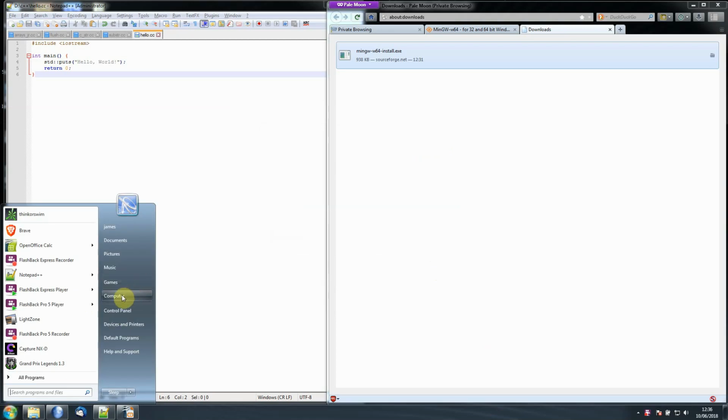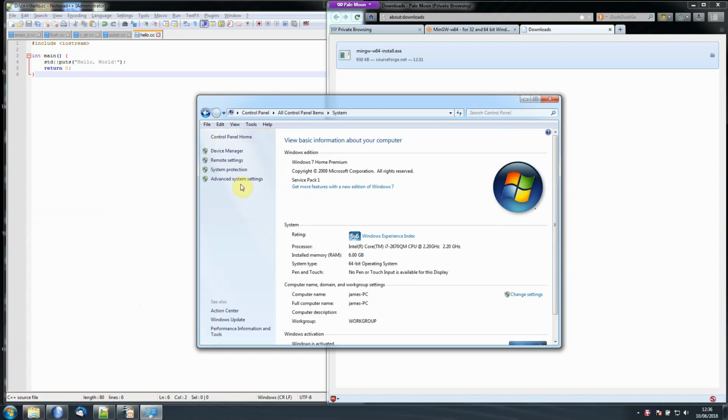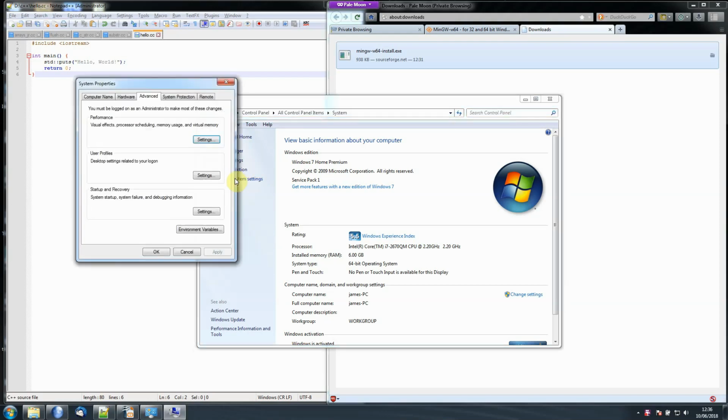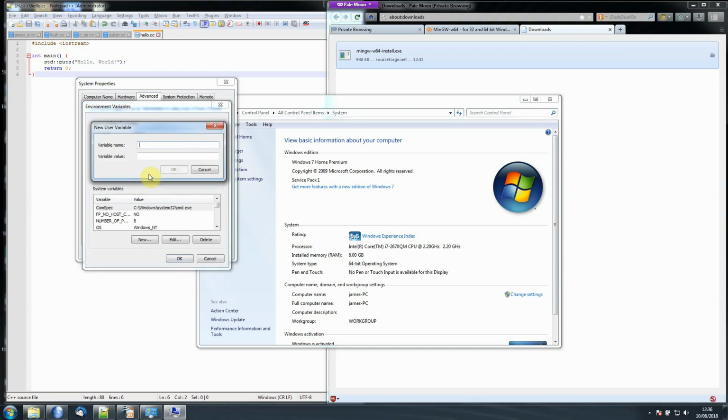So we go into Computer, or My Computer. We click on System Properties, then Advanced System Settings, then Environment Variables, and then we need an environment called Path in here. Now we don't actually have this here, so we need to add it. So the variable name is going to be Path,